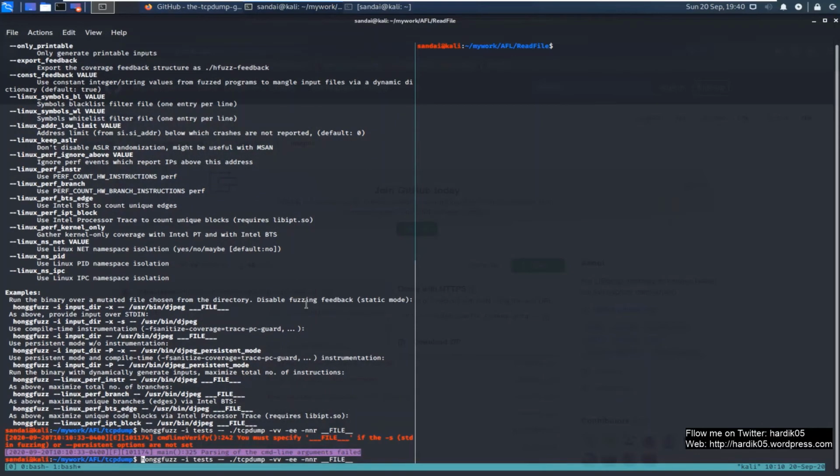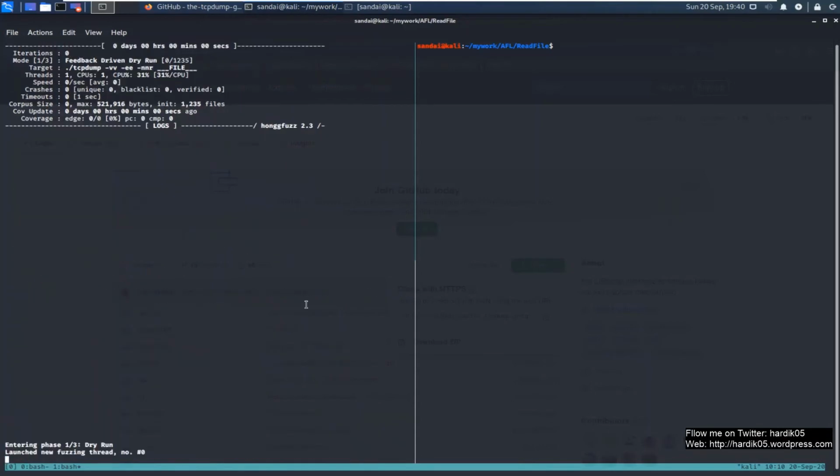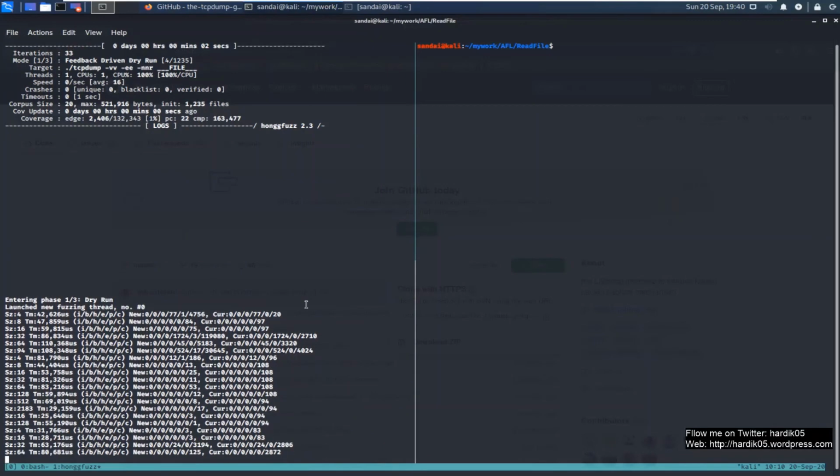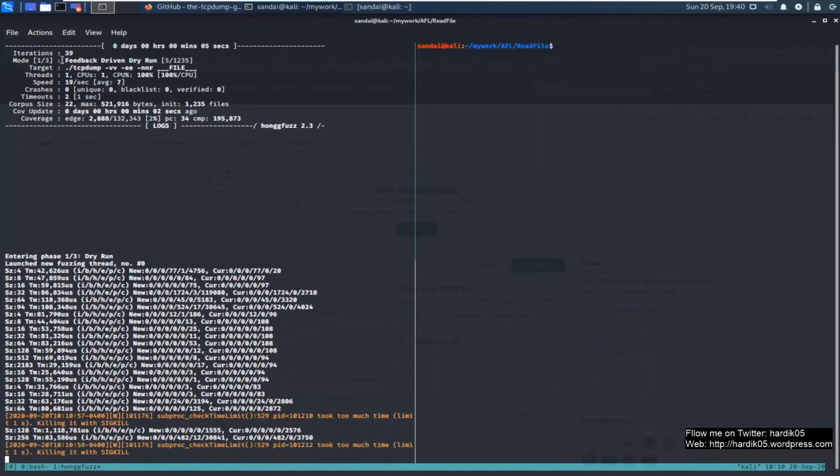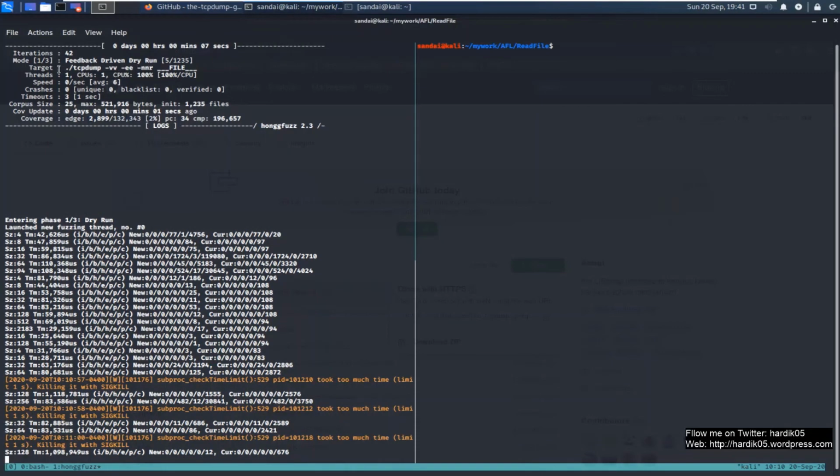Okay, looks like I have not given the proper parameter over here, so okay, it's working now. As you can see, it is doing a feedback driven dry run. This is our target.